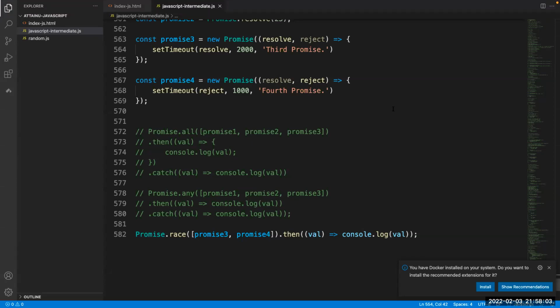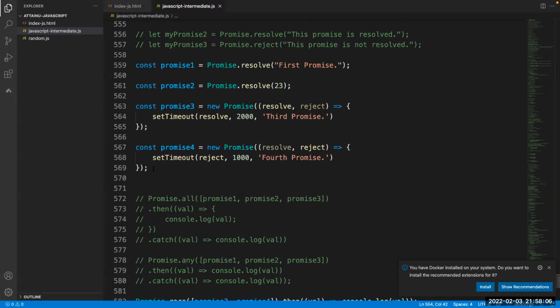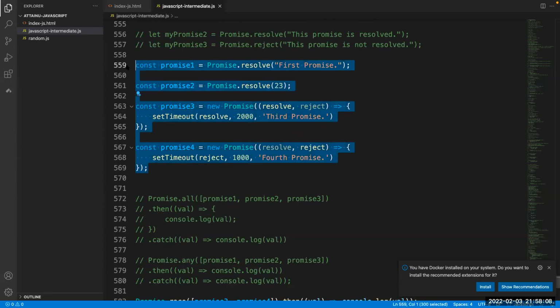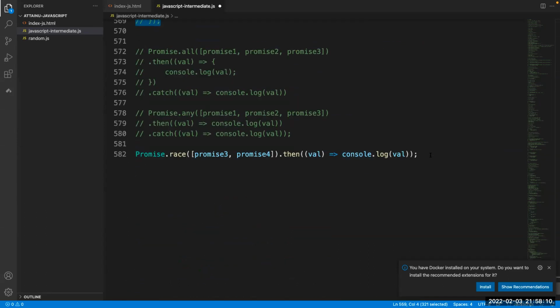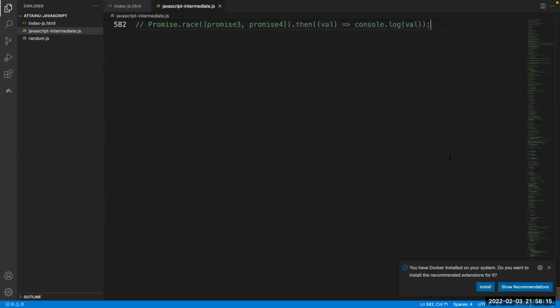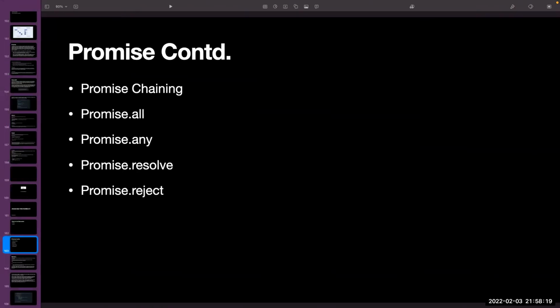Okay, guys, I'll move to the next concept. So with this, we are officially completed with promises. We are finally done. Now let's move to the next concept, and that concept is called